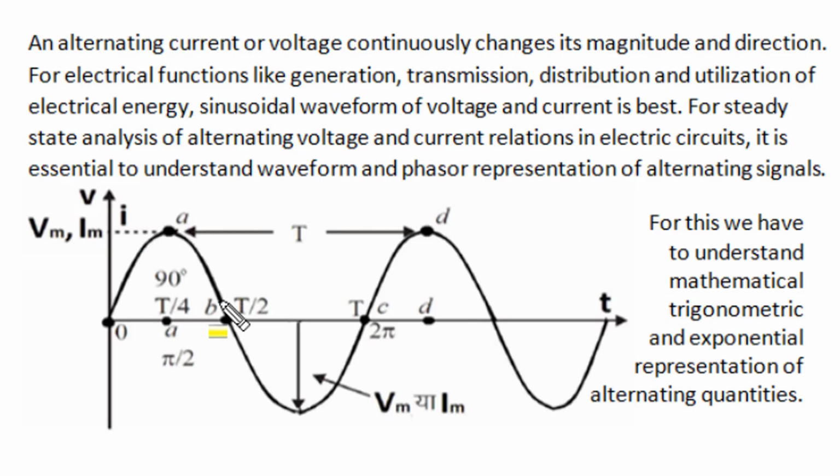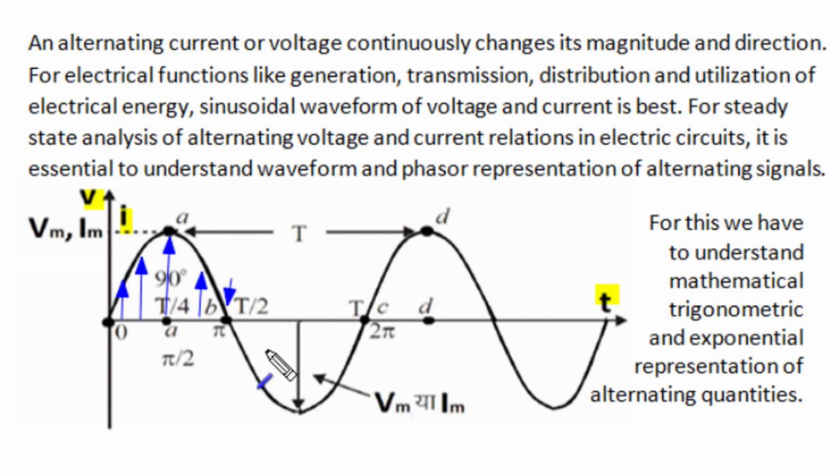Let's start. An alternating current or voltage continuously changes its magnitude as well as direction with respect to time, as illustrated here in this wave diagram. A standard sinusoidal wave is shown here. It starts with zero instantaneous magnitude at time zero, and its magnitude increases in one direction continuously, and after a certain time interval it attains a positive peak, and then it starts decreasing its magnitude. Once again this decreasing pattern attains zero magnitude, and after that zero,